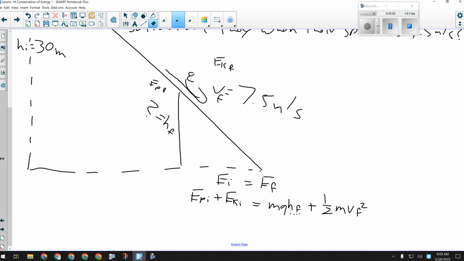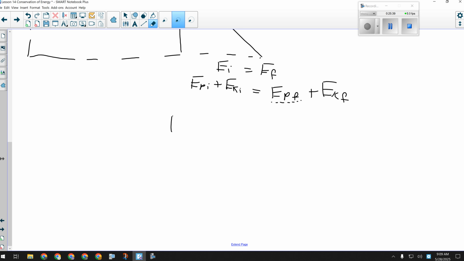Let me take a step back here. I'm looking at people and they're looking confused, and that's probably my fault. I'm looking for HF. Is that part of this? It would be M times G times HF, which is why I wrote it that way, but I could see that that messed people up a little bit. So what I'm looking for is part of this term. I want to get that term by itself. How do I get EPF by itself? Subtract the kinetic energy over to the other side.